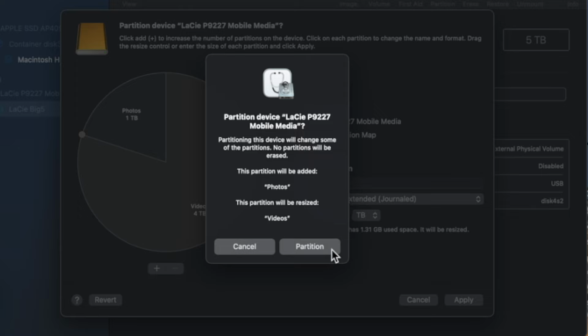Words of wisdom, I would always recommend that if you are partitioning or creating volumes on any external hard drive or flash drive, just make sure you have a backup of all of the files that are on there. Also, I recommend that the moment that you get a new external hard drive or a flash drive, the first thing you should always do is format it to the computer that you use, because the majority of the drives out there come formatted in a Windows language versus a Mac language. And that will make more sense if you watch the other video, but we'll probably talk about that here too. I digress. Let's go ahead and click partition.